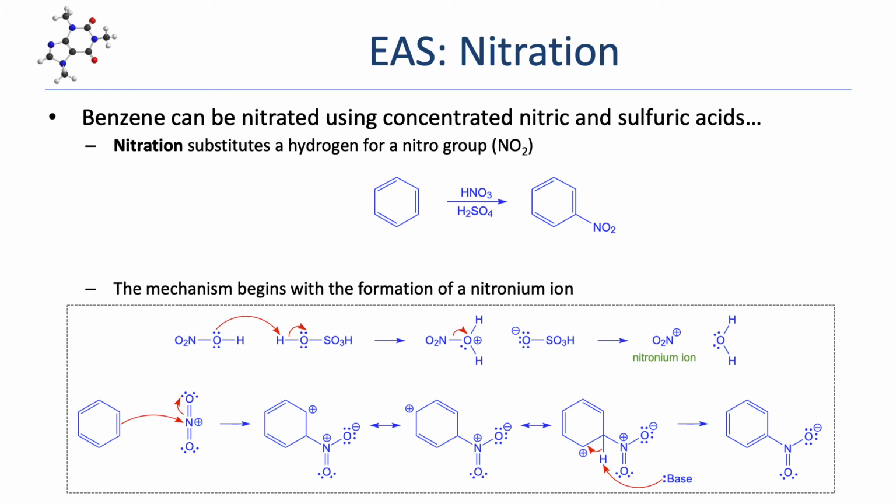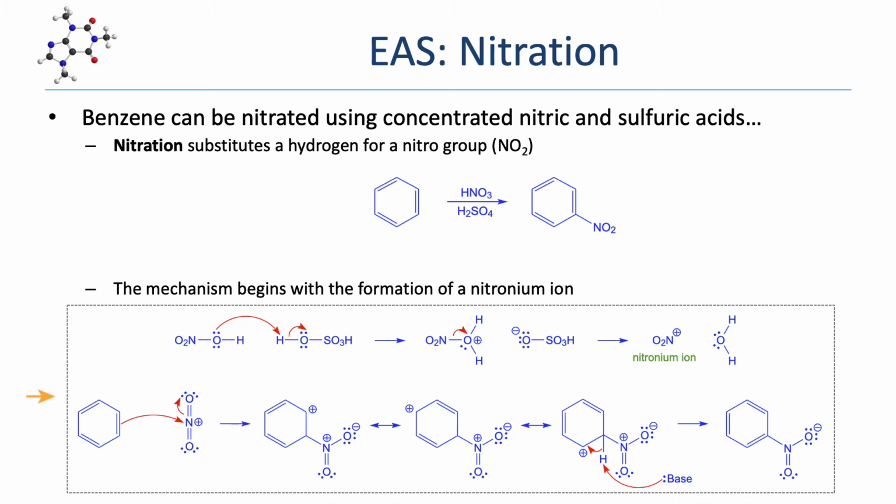Next, we have EAS nitration, which substitutes a hydrogen atom on benzene for a nitro group. As you can see in the example, the reaction is typically performed with concentrated nitric and sulfuric acids. If we look at the mechanism, we see that these two acids react with one another to form the electrophile needed for the EAS reaction. The first step is a Bronsted acid-base reaction. The nitric acid acts as a base and is protonated by the sulfuric acid. The resulting conjugate acid expels a molecule of water to form the strongly electrophilic nitronium ion, setting up the EAS